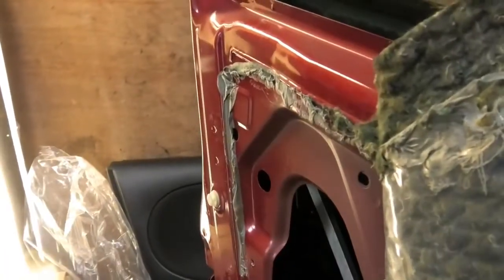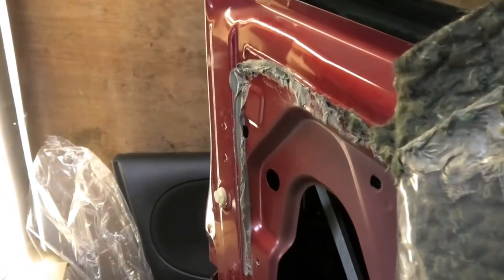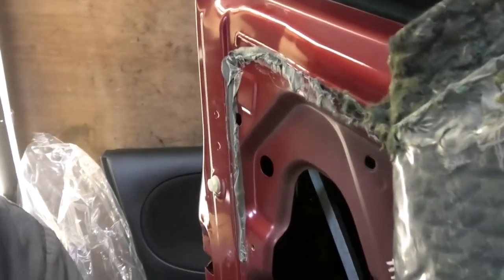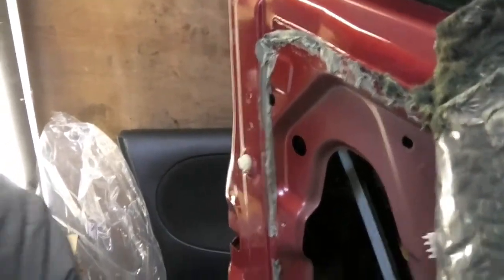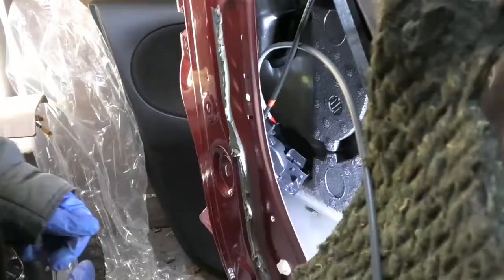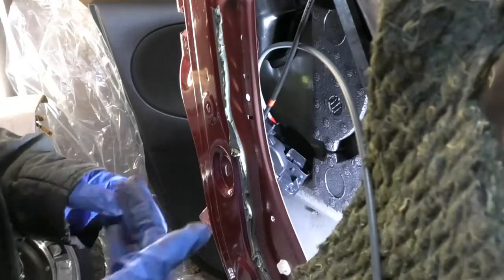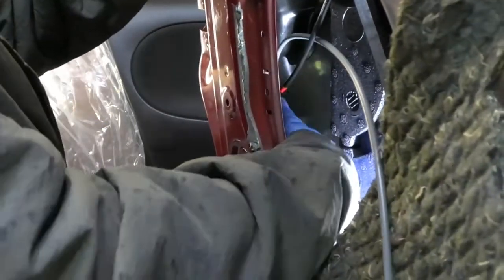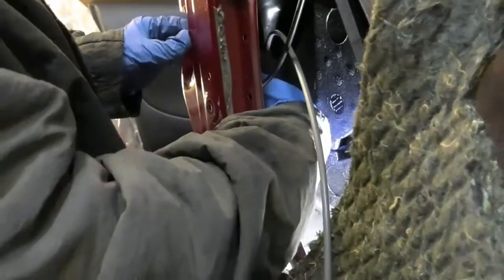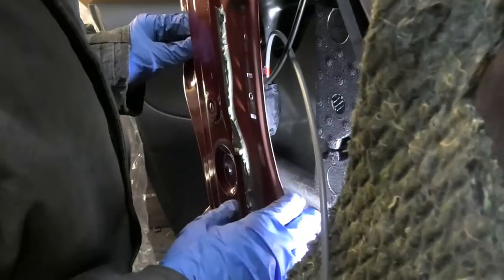And like I said, I don't even know if I can film that part because it's a little bit difficult. But most of the time this will probably be covered by my body as I try to see what I'm doing. Okay, that went in,